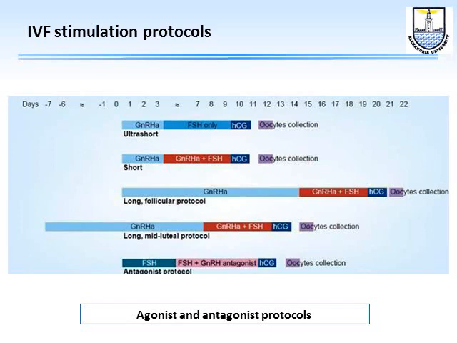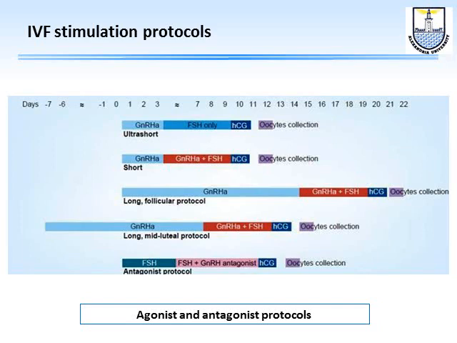Starting from below, we have the antagonist protocol. Then above it, we have the long mid-luteal protocol, which starts on day 21. And above it, we have the long follicular protocol, which starts on the first day of the cycle. Then we have the short protocol, and then on the top, we have the ultra-short protocol, or the flare-up protocol,